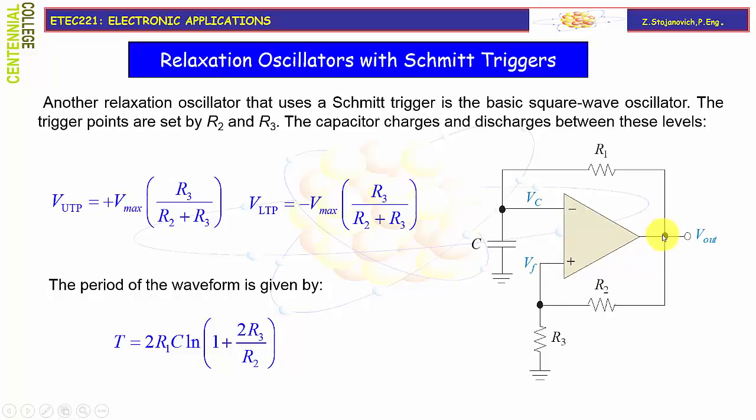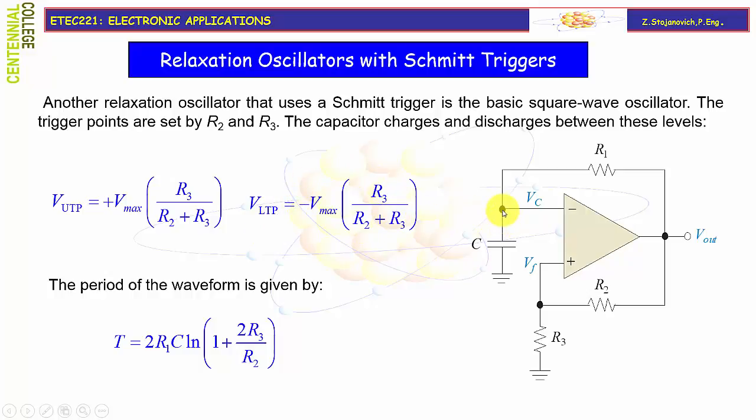Since we have a positive maximum output voltage, there will be charging current flowing through R1 through the capacitor to ground, and voltage Vc will rise exponentially. When this voltage exceeds voltage Vf, which is equal to the upper threshold point, then the output will switch from positive Vmax to negative Vmax. And in this case, our Vf becomes a negative or lower threshold point given with this